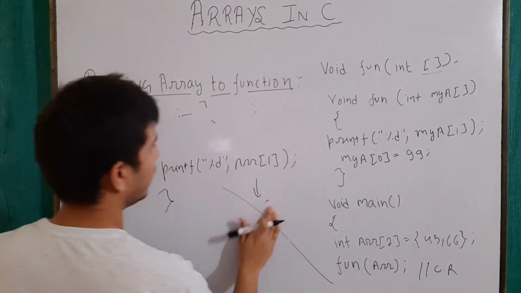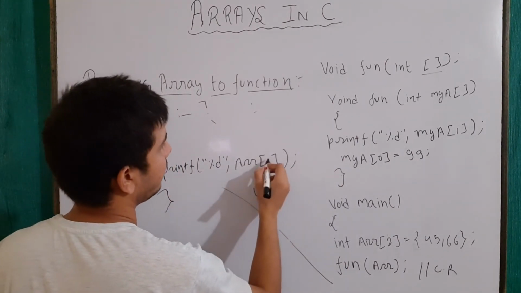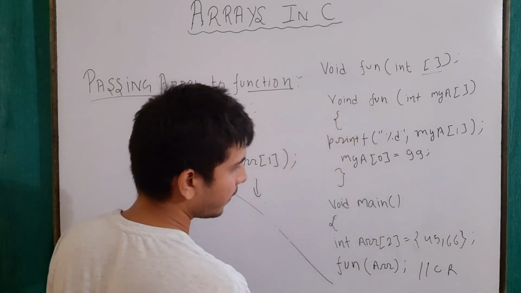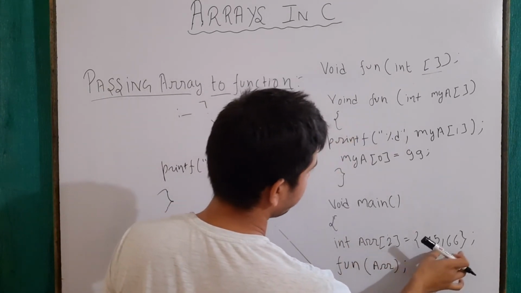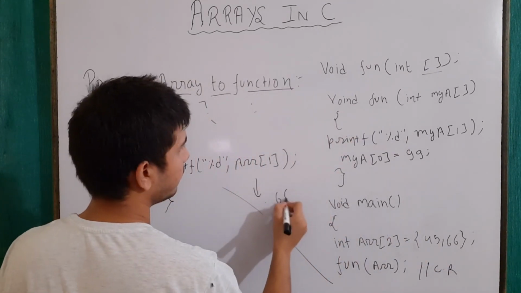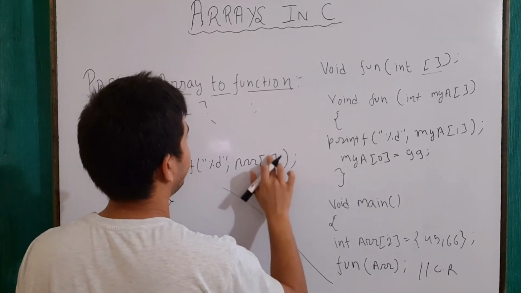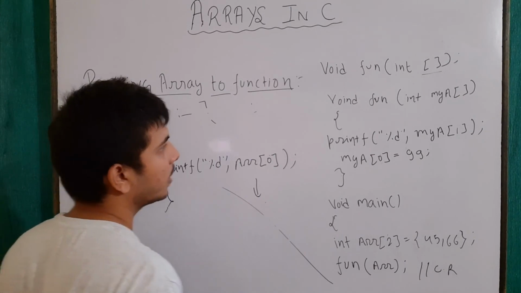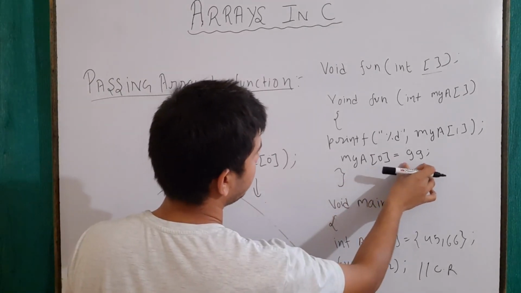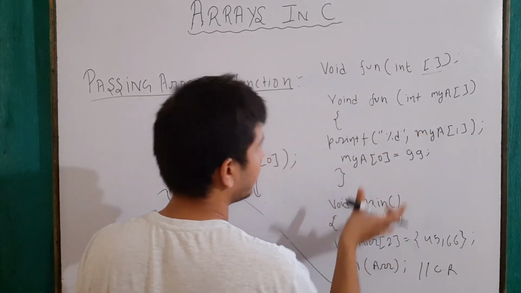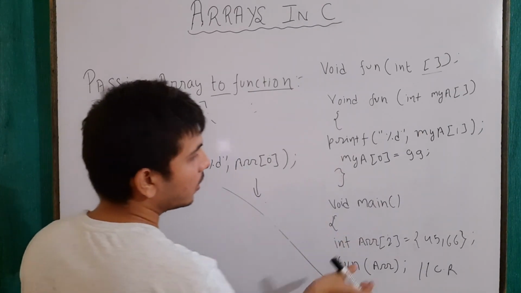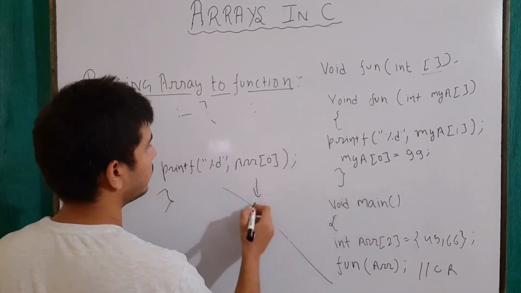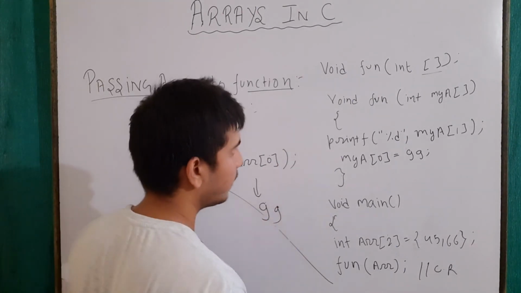So here also, if I first write array 1, this is not changed here, so it will give me simply 66. But now if I write array of 0, what will be the output here? Array 0 is changed to 99 and both are the same array, we can say that. So this 45 is now changed to 99, so our output will be 99, right?